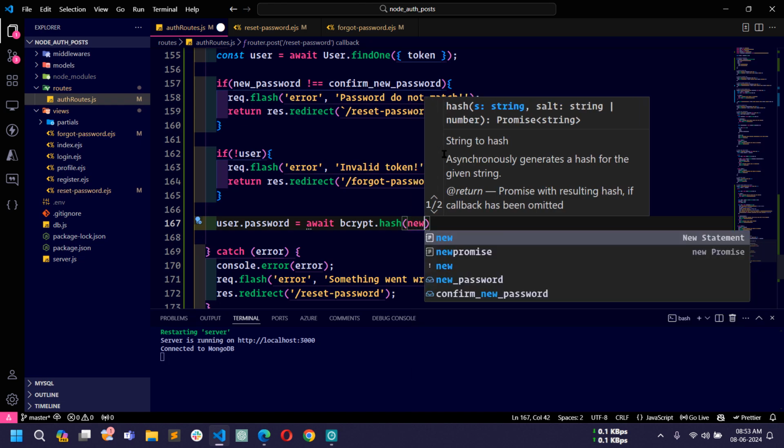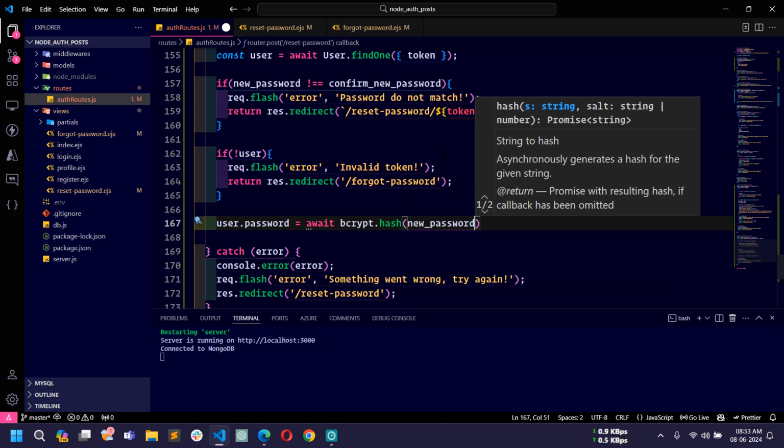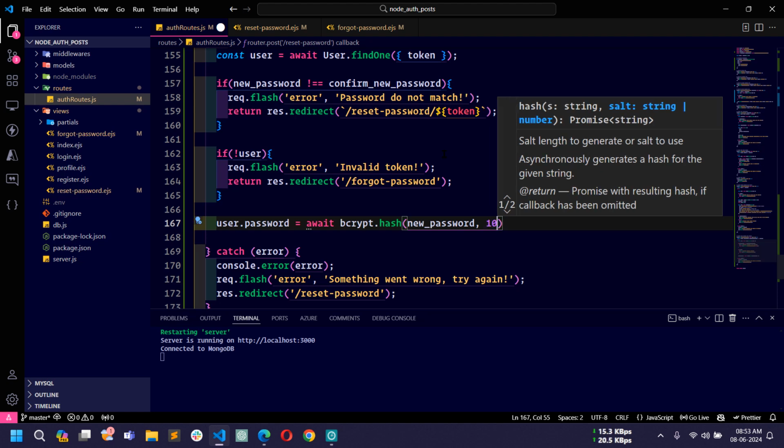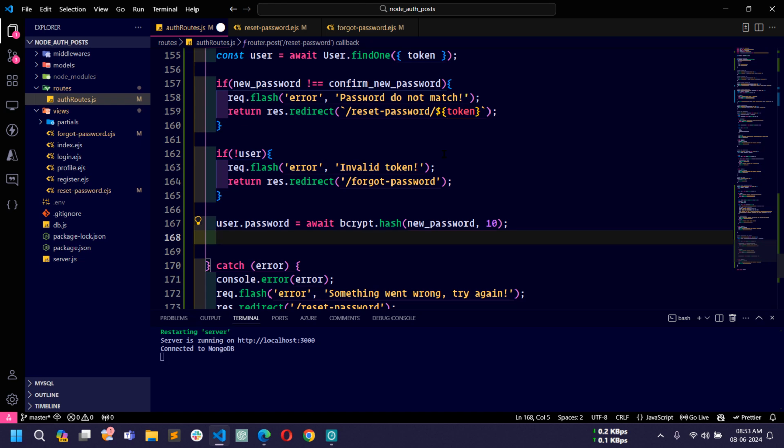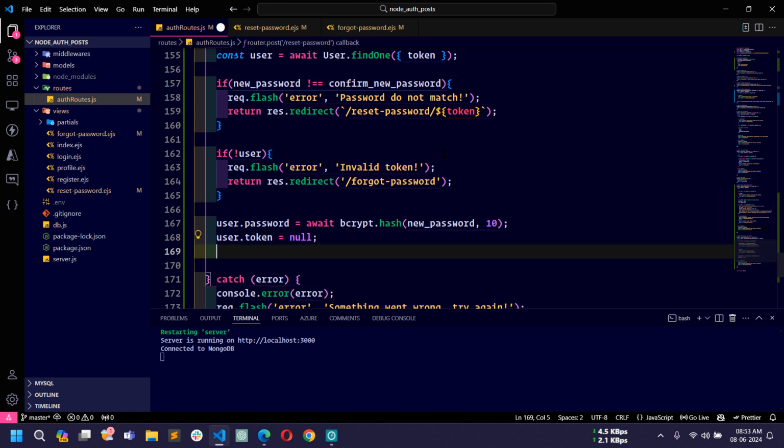Okay, so I will just write new password, and then here I will pass the salt, which is 10 rounds. Okay, and then I will also make the token null, so user.token is equal to null, and then I will save to the database. So just use await user.save,